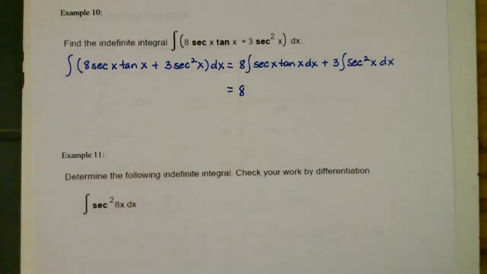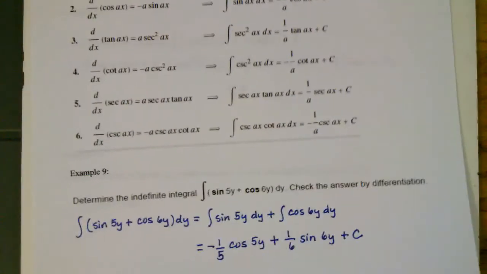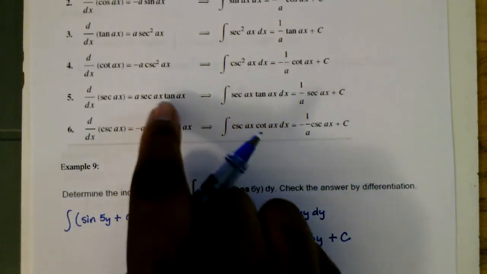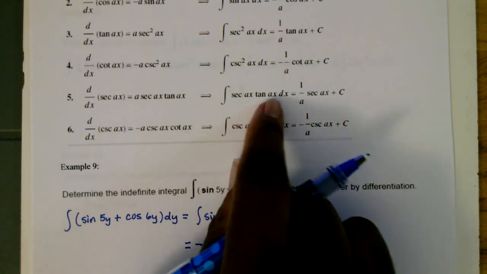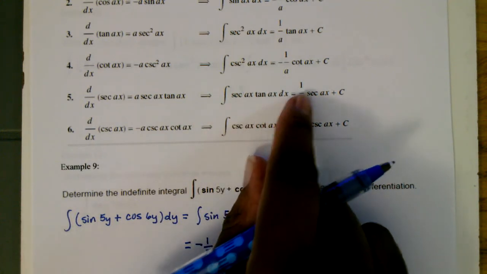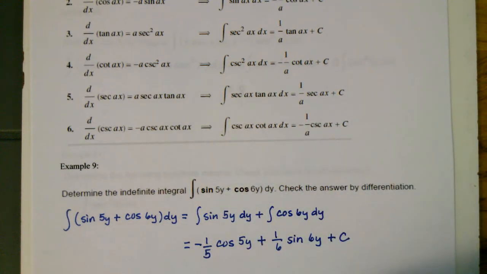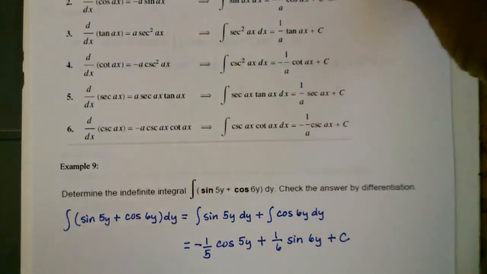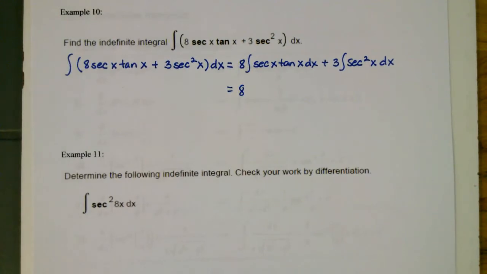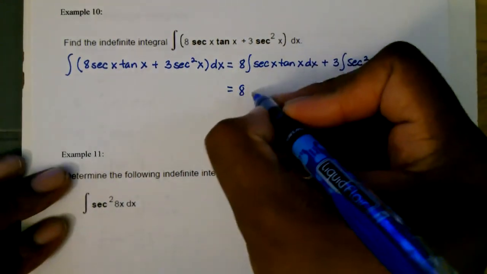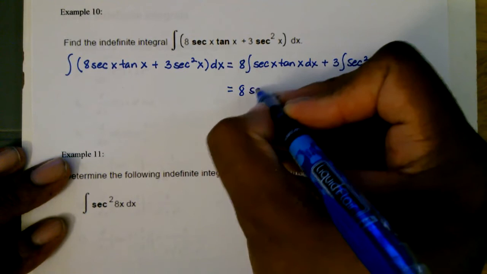So I'm going to bring down the 8. Now, if I take the integral of the secant x times the tangent of x, let's go back here. Now, we're treating the a as 1 in this case here, so it'll be 1 over 1 or just 1 times the secant of x, okay? That would be your integral. So the integral of secant x tangent x would just be secant x